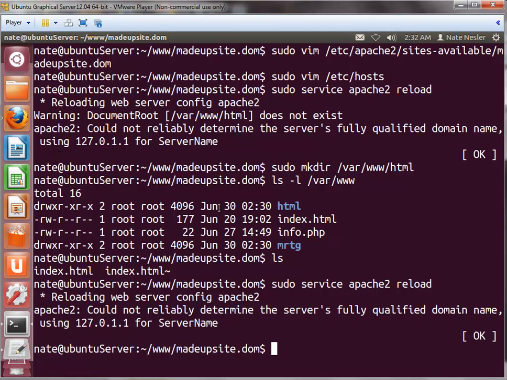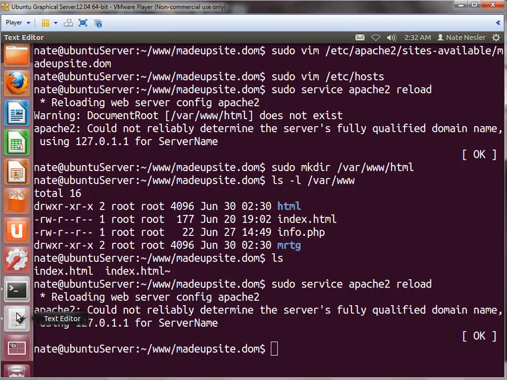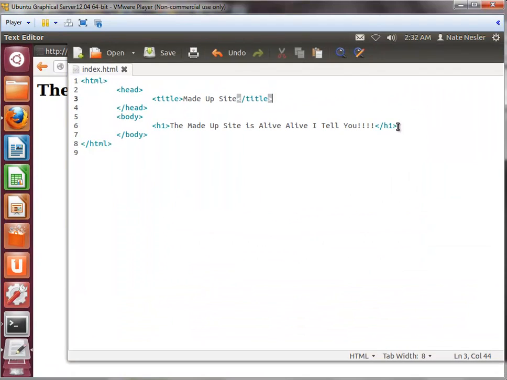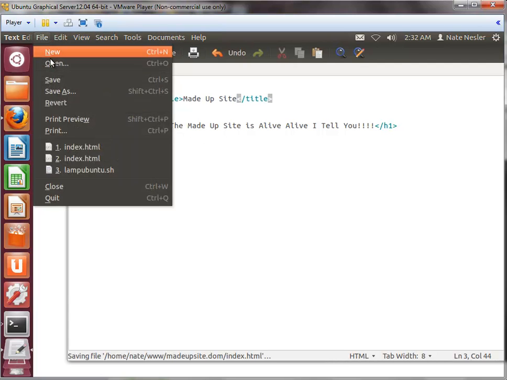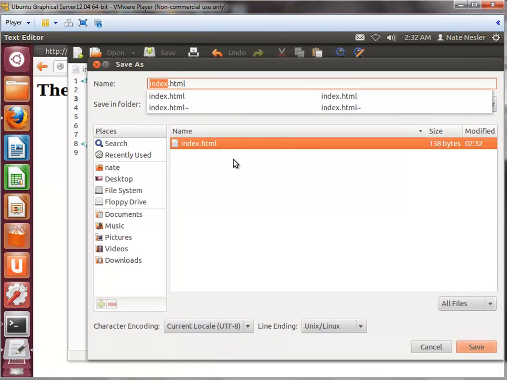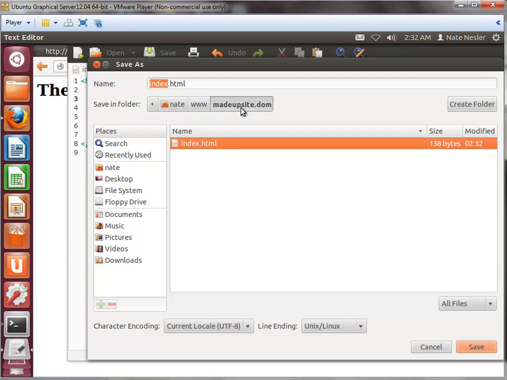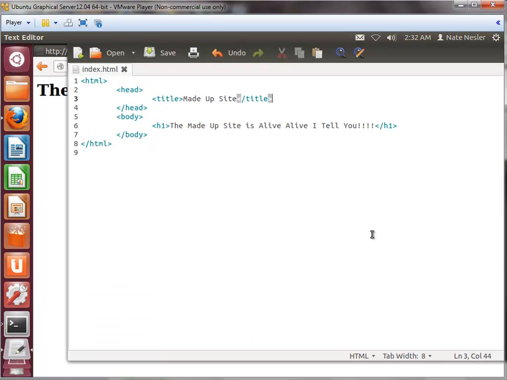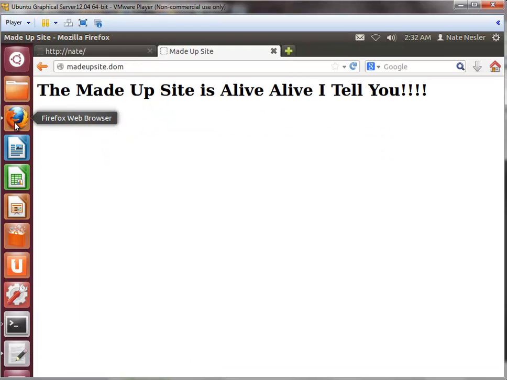that all aside, I wrote a web page. Came over here and I typed this one up right here. So I just typed it up, and of course the cool thing about this is afterwards I can simply save it right into, say, file, save as, and I can just save it into my nice new brand spanking folder here, madeupsite.dom, and that's what I did. So I added a title in here, so I get a title, made up site, at the top of my title bar here inside my web browser, which I thought was cool. So save that, came over here, and now when I go to the site,